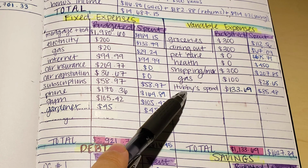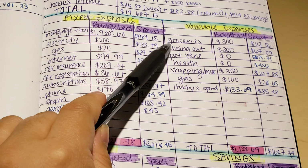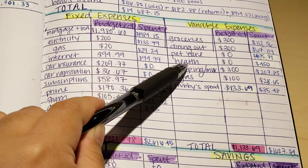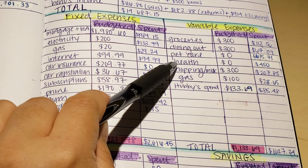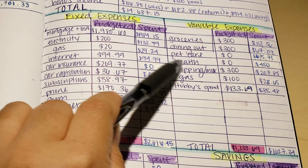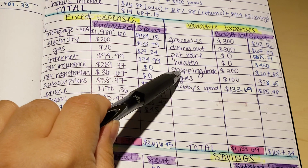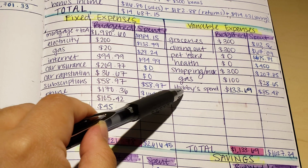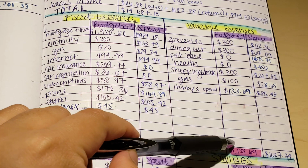Our variable expenses, I've gone over this in my previous videos. I have groceries, dining out. Based on my spending, I decided to have a category for pet care and health, as some of you have suggested these categories, and I thought it was such a great idea. I have my shopping and miscellaneous, gas, and this is my hubby's spend money. So I've budgeted in total for this